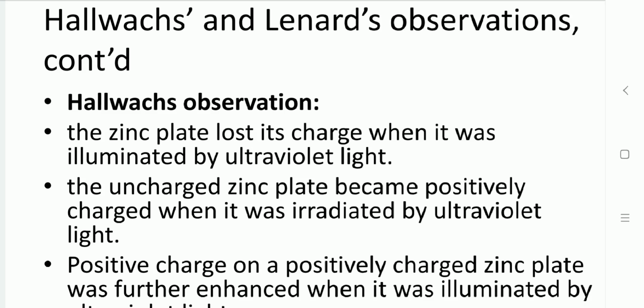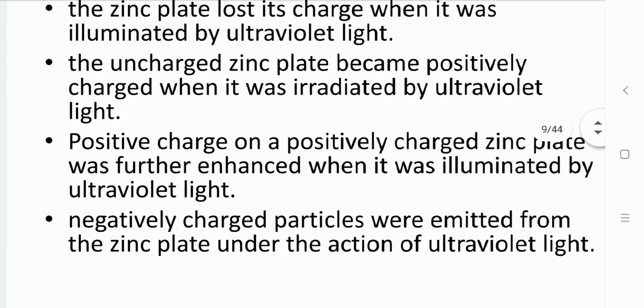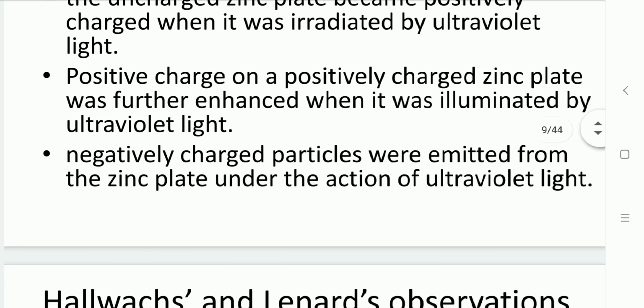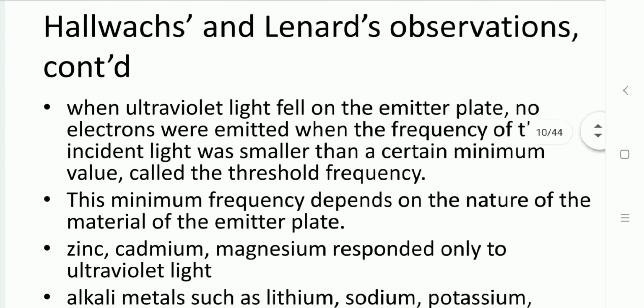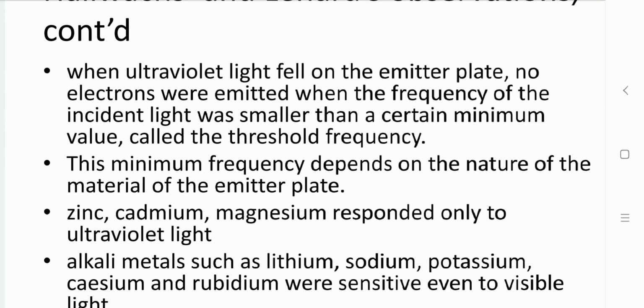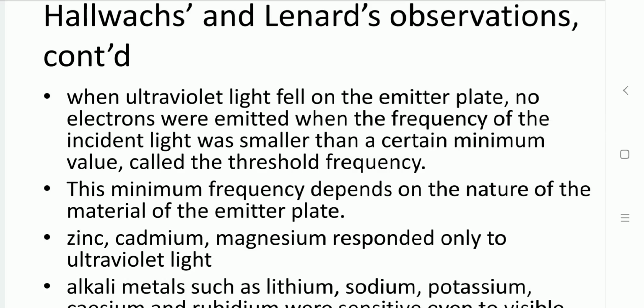And if this zinc plate is already positively charged, it becomes more positive. How does the plate become more positive? As the number of electrons emitted from that zinc plate increases, the zinc plate itself becomes more positive, and that zinc plate is sensitive only to UV light. So here the incident light causes free electrons to come out from that emitter plate. Due to this negative charge, the emitted electrons are pushed towards the collector terminal, the anode, and generate the photoelectric current